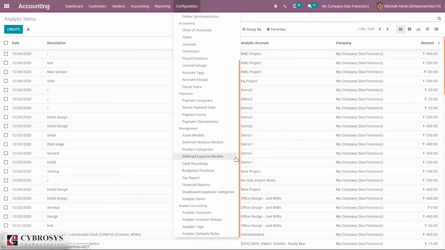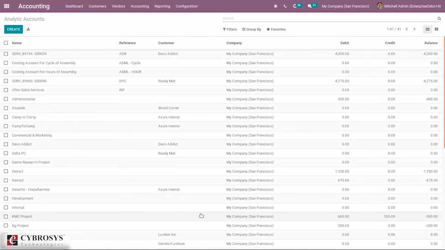Then here we can configure analytical accounting, that is analytical accounts. When you click on this, you can configure and create a new analytical account here. You can see for each analytical account the company, related company, then reference, related customer, then debit, credit, and balance of each analytical account.